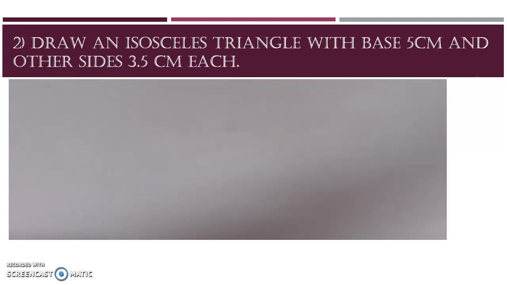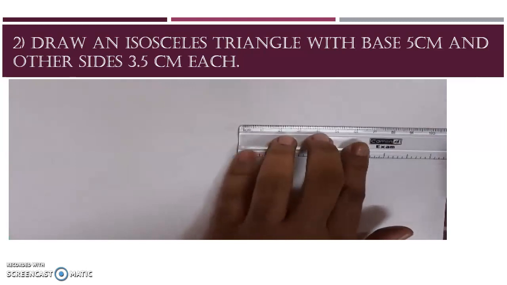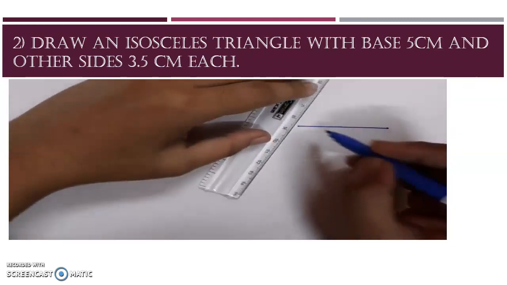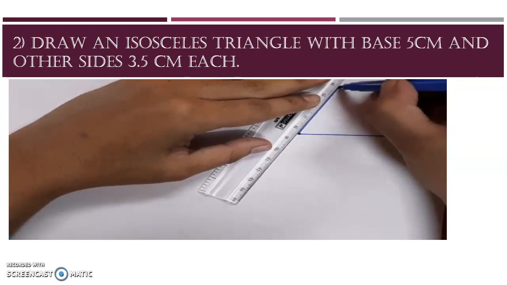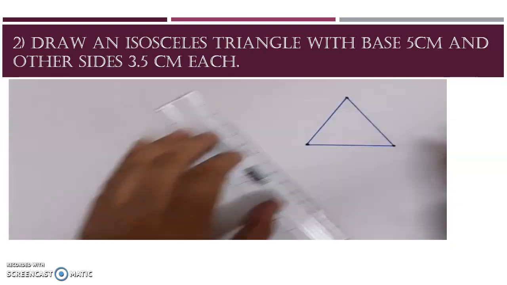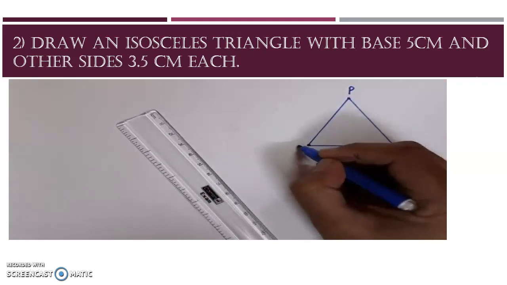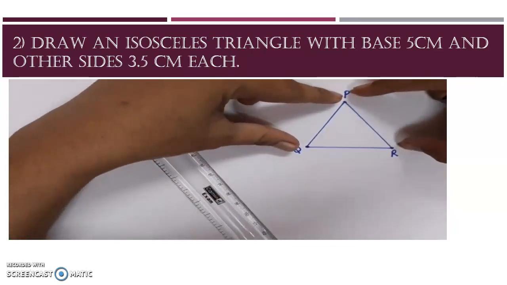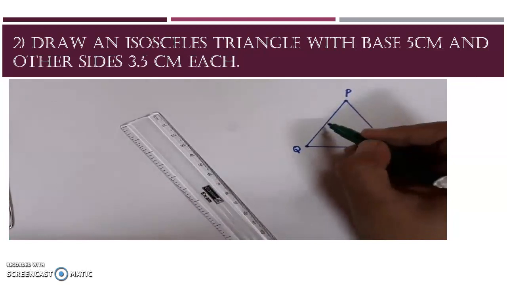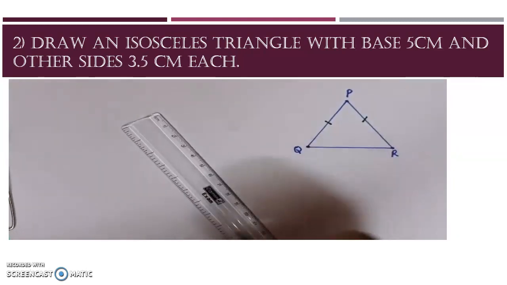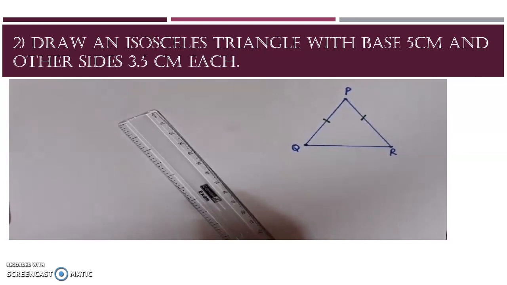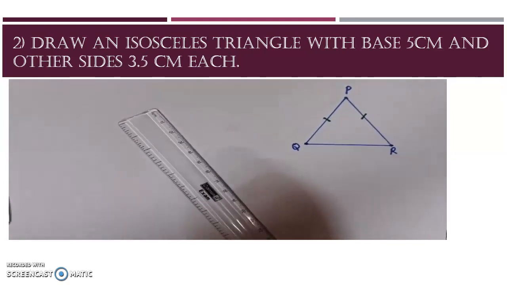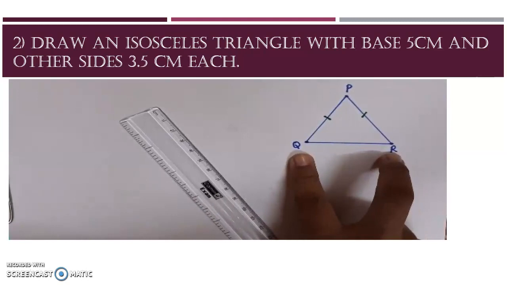Now as in this question name is not given, so we will draw one figure and give any name. So I am drawing one rough triangle of any shape. Now name I am giving P, Q, R. Now suppose as it is an isosceles triangle, my PQ and PR are sides having same length. So I am putting here one line, and in question it is said draw an isosceles triangle with base 5 centimeter. So this is my base in this figure.